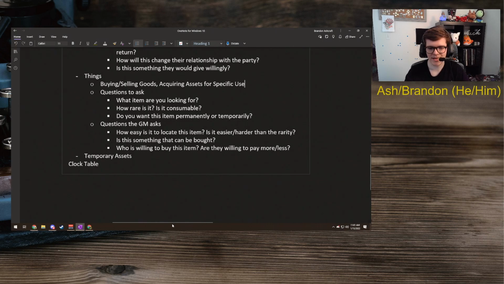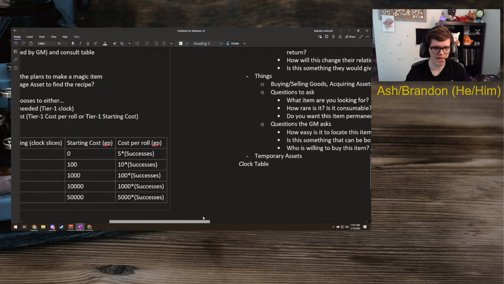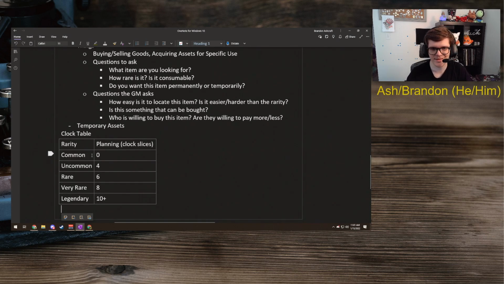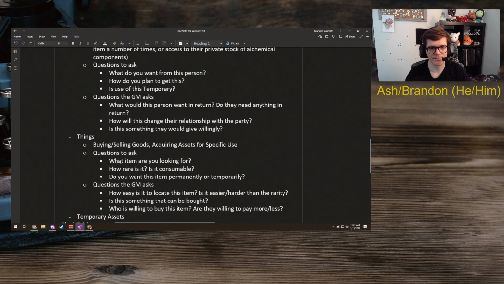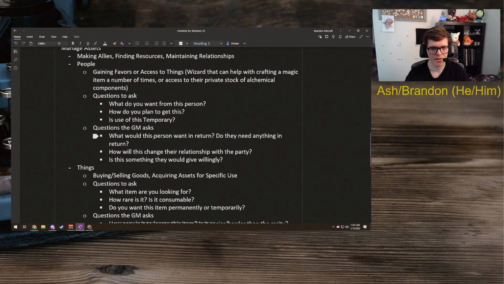We'll come back to temporary assets because that comes to what our clocks end up being. So for this one right now, I'm not going to put a gold cost to it because, again, I don't want everything to... Well, there'll be a gold cost when we get to the magic item portion. But, let's see. Oh, the other part of this is...